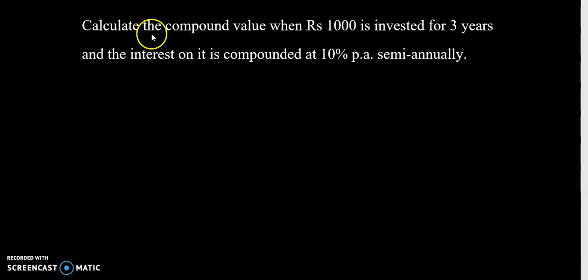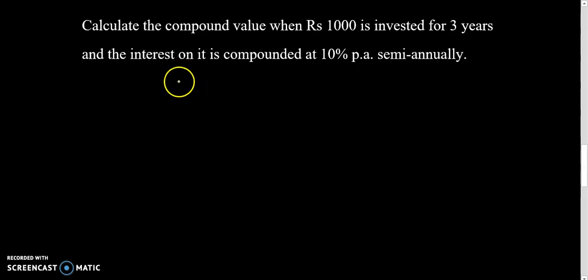Okay. Calculate the compound value when rupees 1000 is invested for 3 years and the interest is compounded at 10% per annum semi-annually. We have to calculate, 1000 is invested for 3 years and it is semi-annual compounding at 10% rate of interest. So if you just recall the formula,